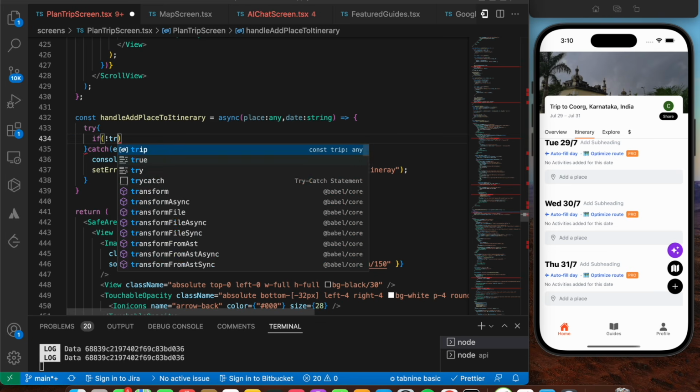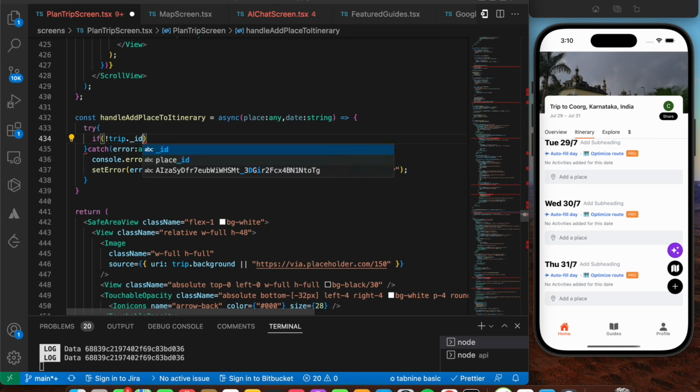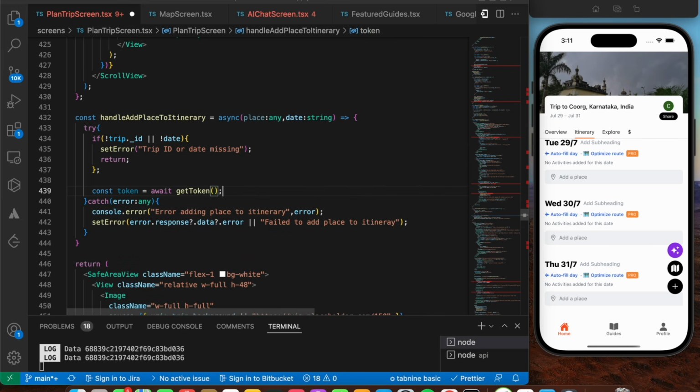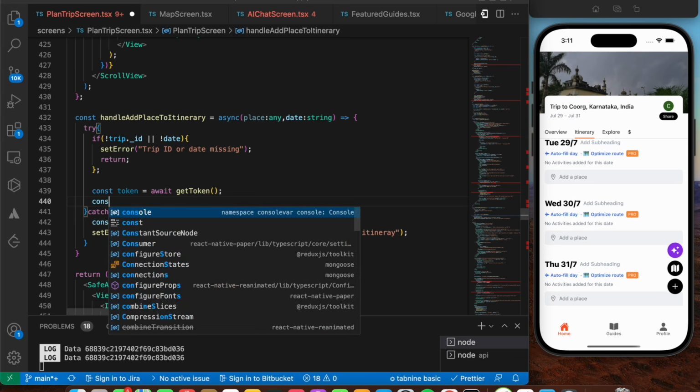If not trip._id or not date, here I'm just going to say set error to be of trip id or date missing. So I think getToken is already implemented in the previous one, so just try to import that. So I'm going to say const